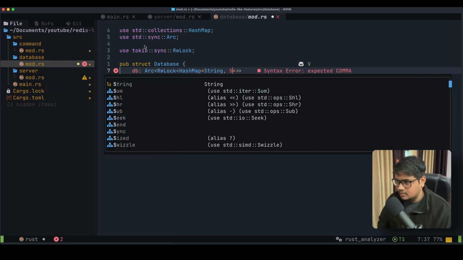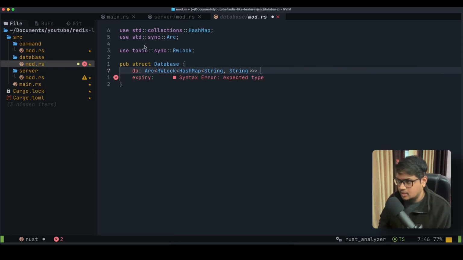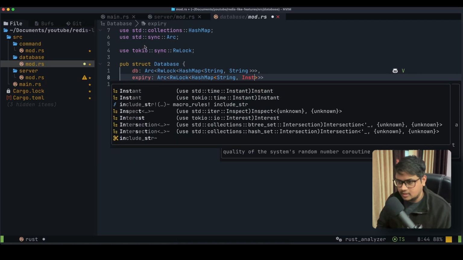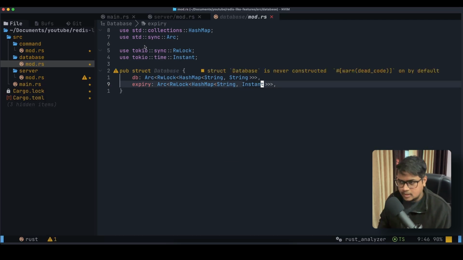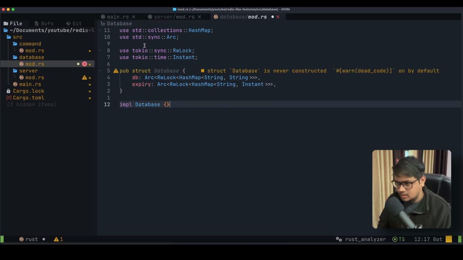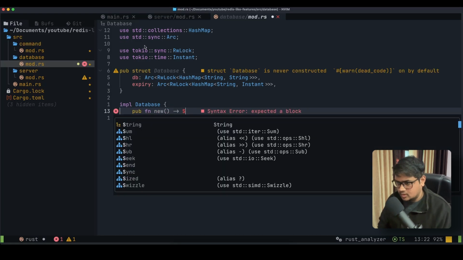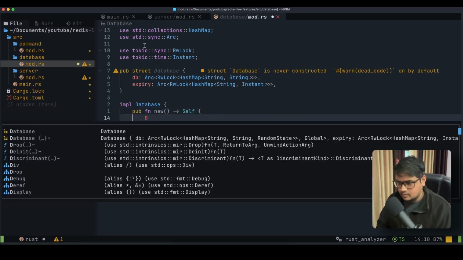And for db it will be this, and for expiry we'll follow the same, but we will have a little bit of change there because it's an expiry hash map. We'll use it to store the values that have an expiry variable. So we need an Instant over here, so we'll use this from Tokio. And let's start expanding our implementation, and let's just implement a new function that returns this, and we will have